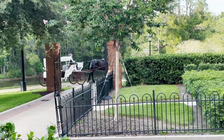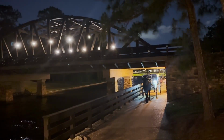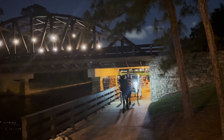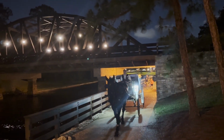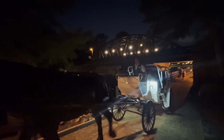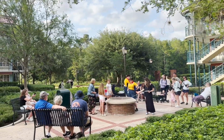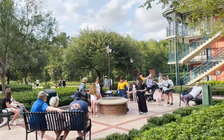You know what? The other thing that's great about this resort is it's right next to Port Orleans Riverside, which is one of those larger resorts that we talked about. So if you are a runner or you like to get out into the environment in the morning and take a nice walk, or want to rent a bike and ride one, there's a large property right next door that you can get your outdoorsy feel, if you want the quaintness of the resort that you're staying at, but you also want to be able to get out there and take a walk or take a run or take a bike ride